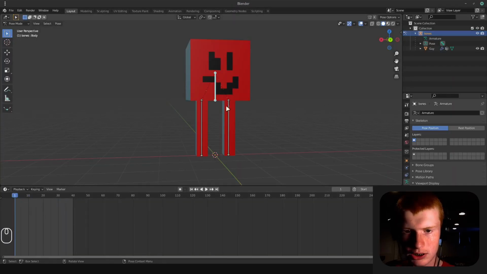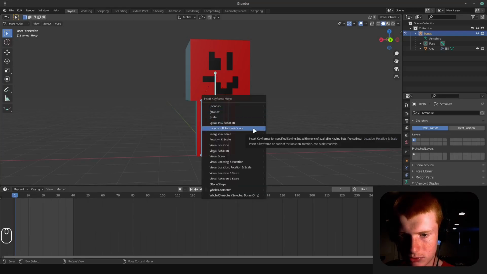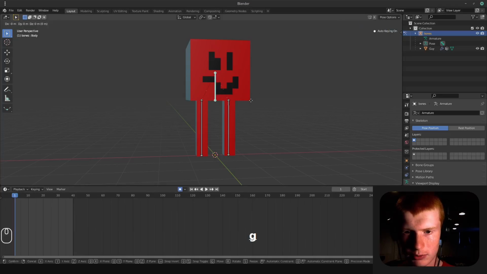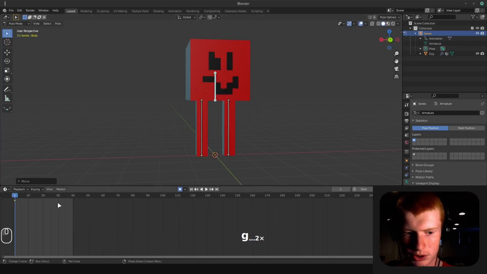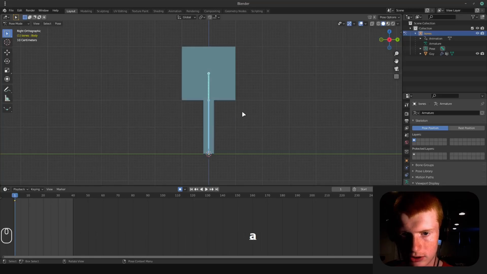So we can just go ahead and hit everything and hit rotation, location, and scale. But what's easier is to just hit this button, auto keying. So whenever you move something, if I grab it and just press right there so it stays where it is, that's going to create a keyframe for its location, rotation, and scale, no matter what I do to it. So if I grab everything, grab it to make sure it's in place, or I can just hit this, rotation, scale,